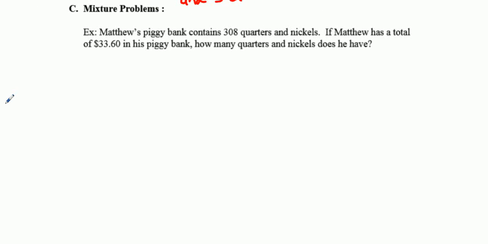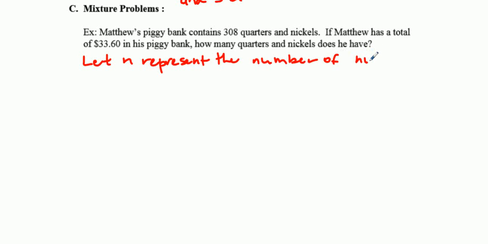Mixture problems. Matthew's piggy bank contains 308 quarters and nickels. If Matthew has a total of $33.60 in his piggy bank, how many quarters and nickels does he have? Okay, so the question is how many quarters and nickels does he have? So we're going to say let n represent the number of nickels. You don't have to use that particular letter, N, but sometimes it's helpful when you're working on the problem. And let Q represent